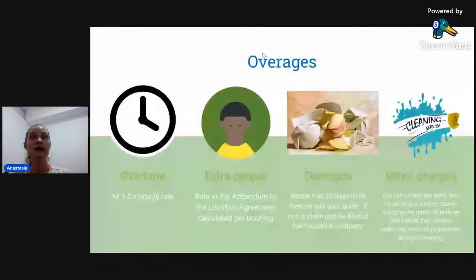When you sign, you can sign it on paper. You can even exchange messages with your renter. It's not compulsory to put it on paper physically. You can do it via email. So simply that you have proof of communication with your renter about these additional charges. And if you